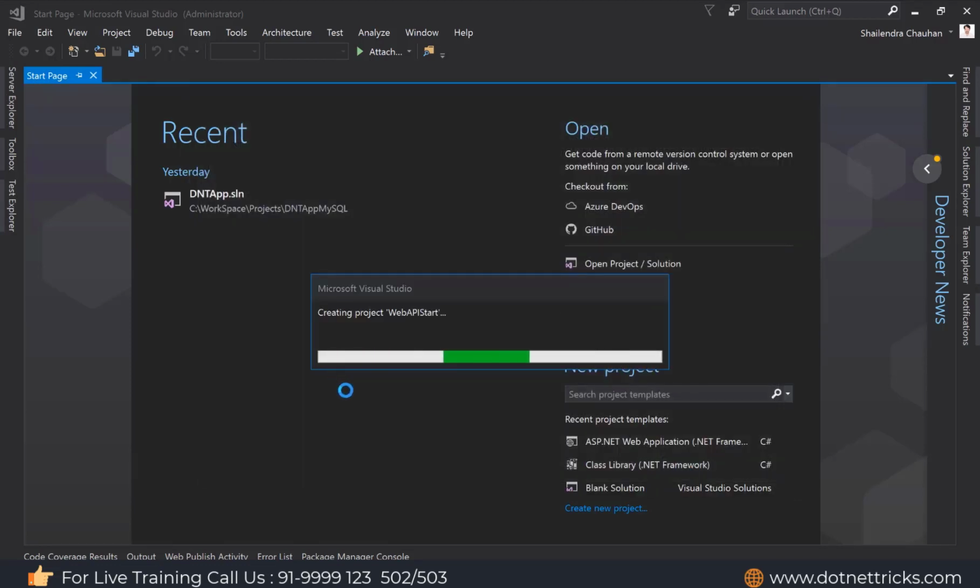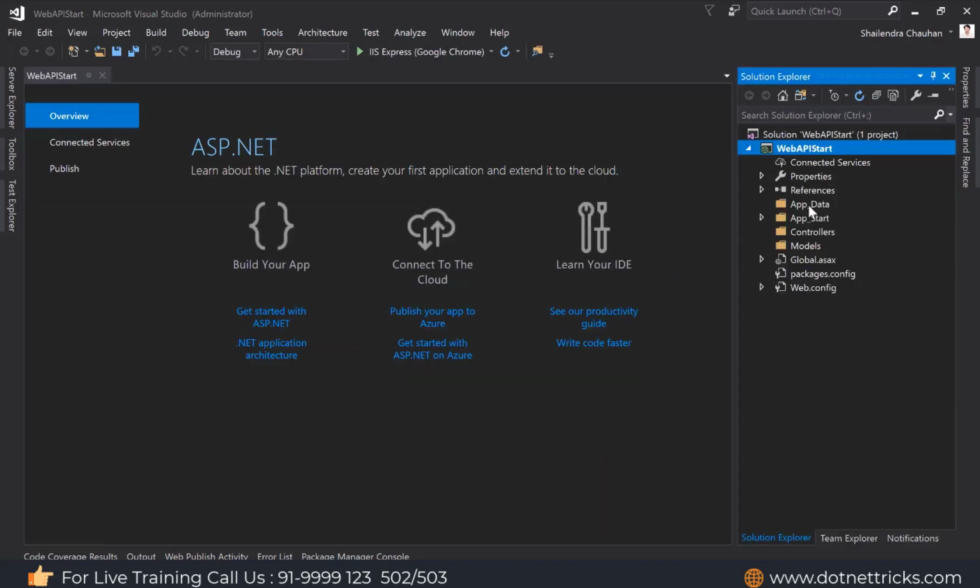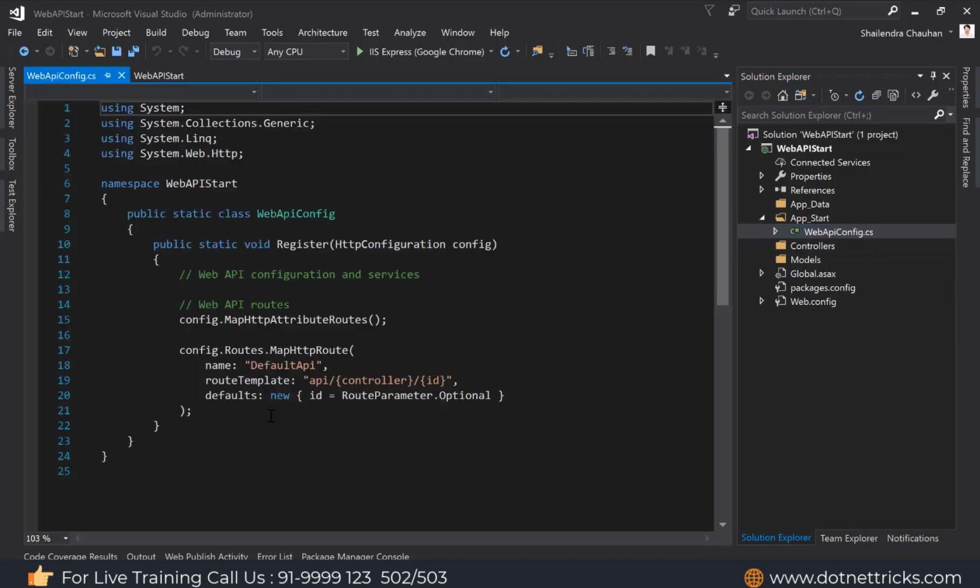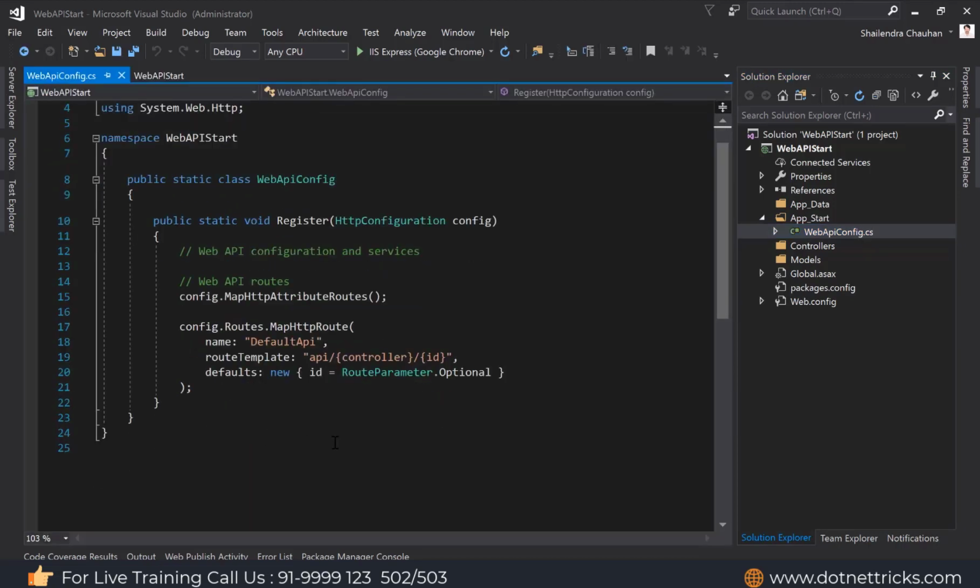It will create our ASP.NET Web API project with all the necessary settings to get started with ASP.NET Web API. You can see here we have the App_Data folder. It is empty. We have the App_Start folder that contains the WebApiConfig file. It is similar to the RouteConfig file we have in MVC 5.